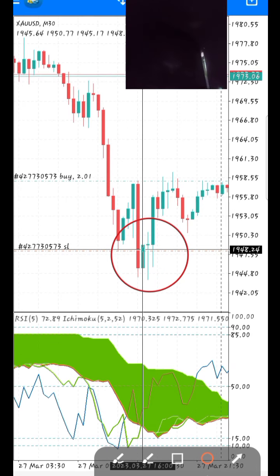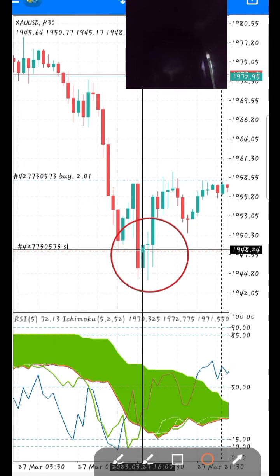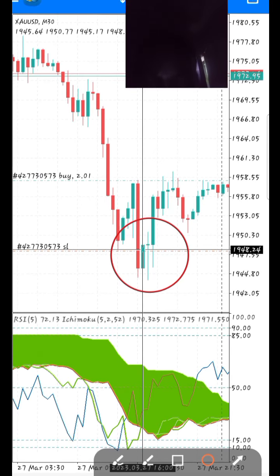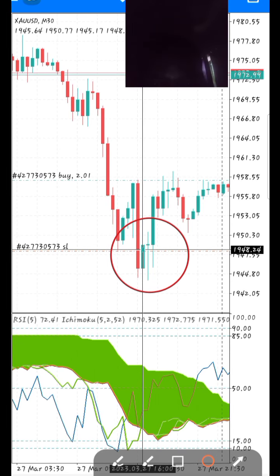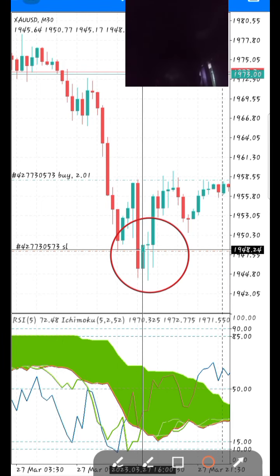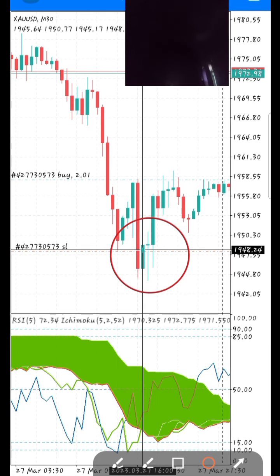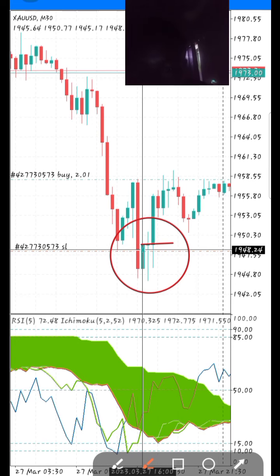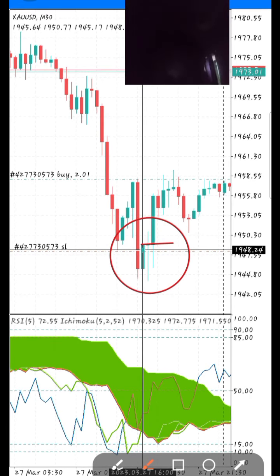You can see that you have a doji candle under the 30 minutes time frame. You have this doji candle that is colored green. This shows that buyers are back in the market to push the price back up. So at this point, this is where I'm supposed to make my entry. This point where you have this doji candle is where I'm supposed to make my entry, but I was